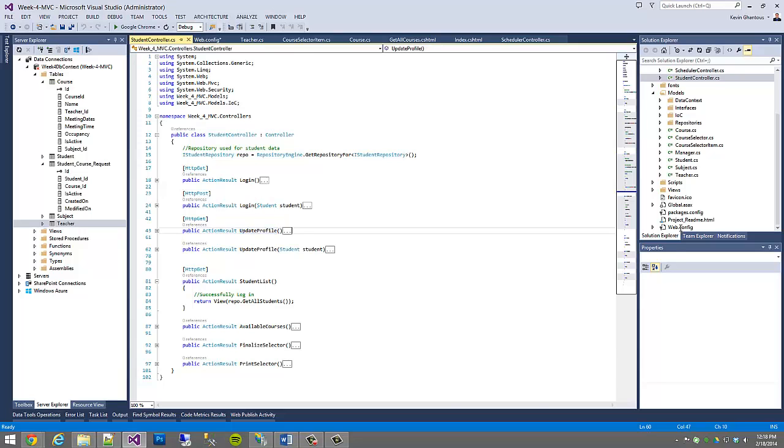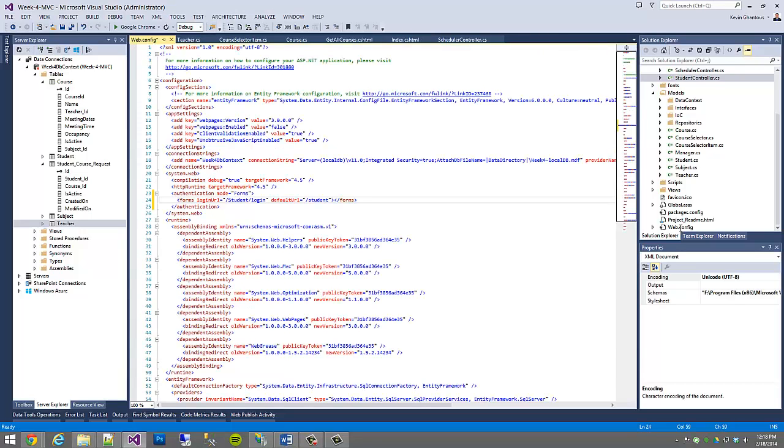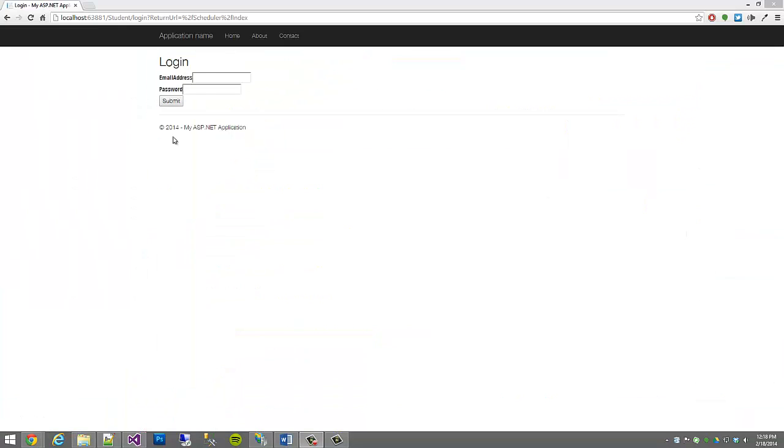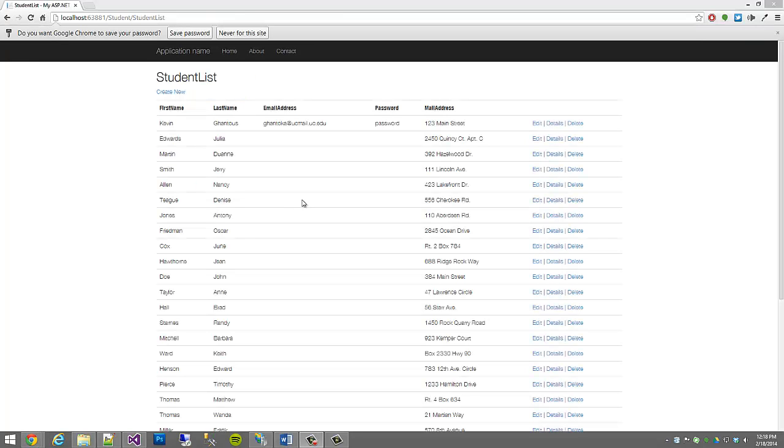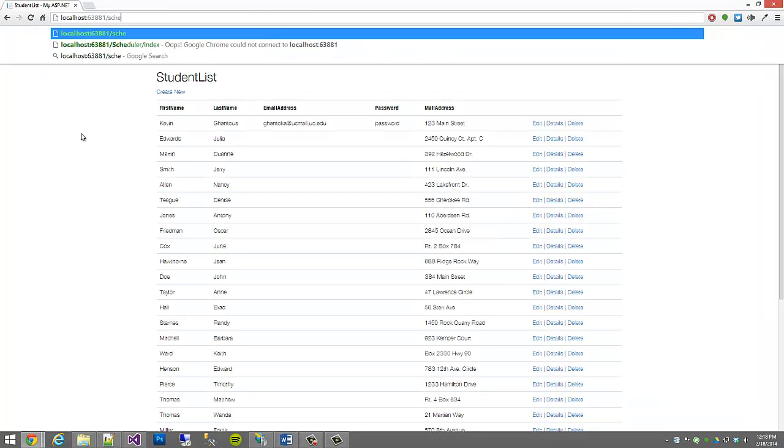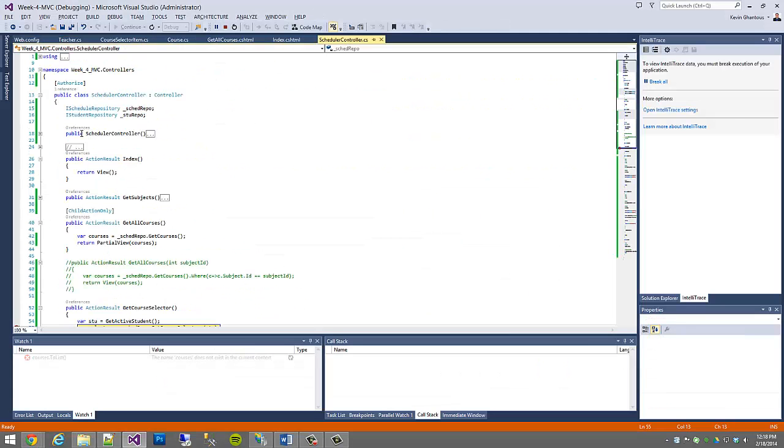Actually, it'll be /student/update profile. So when we run, we'll log in, password of password, and this will bring us back to our student list. So if we go to scheduler/index,